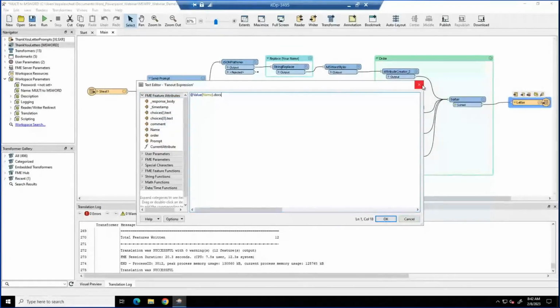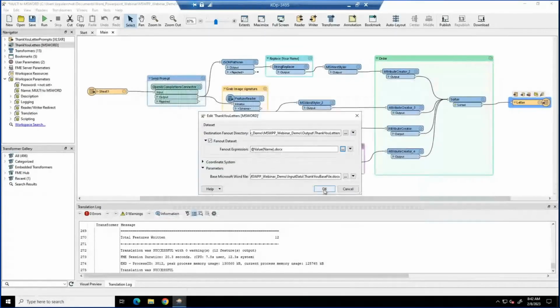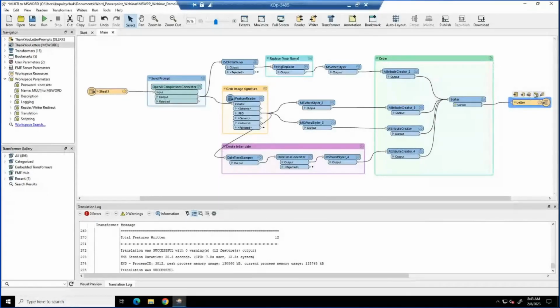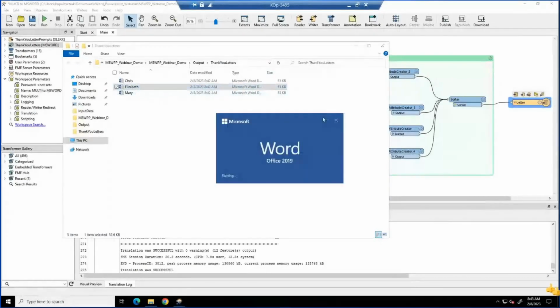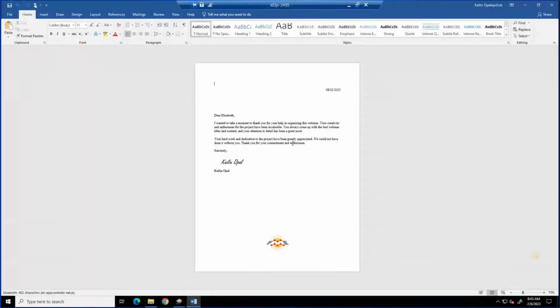And so the different formats in FME have different things that get controlled by the fan out, whether it's directory or file name or whatever, but that's the magic. Fan out, and boom goes the dynamite. That's the way you get different output files. Correct. So this is kind of what one of our three letters would look like.